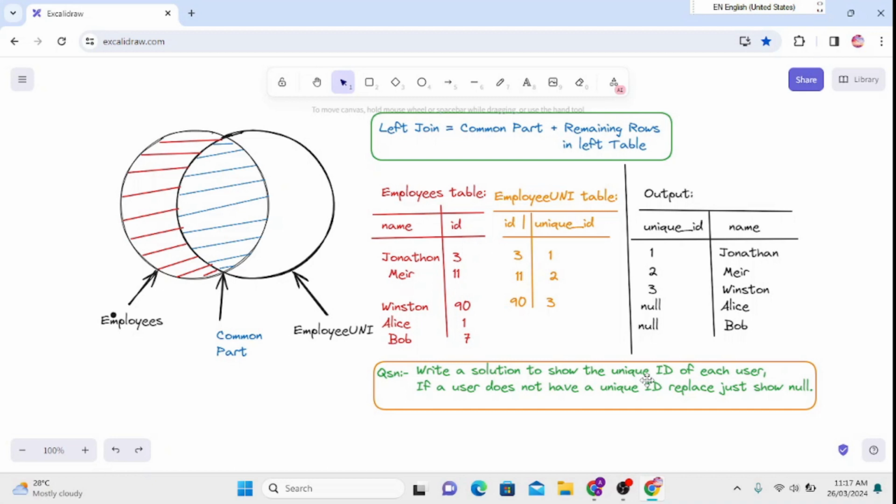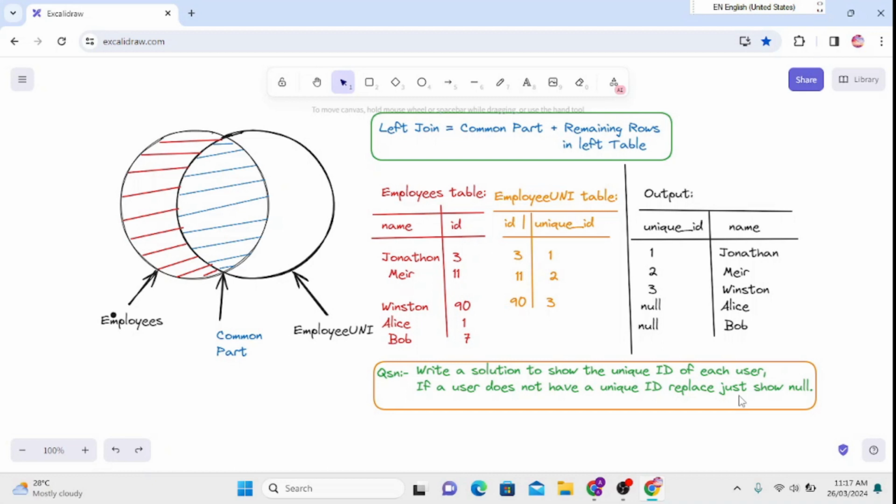So in our output there should be two columns, one is unique ID and their corresponding username. Now if a user does not have a unique ID, just show null. Means name column will be as it is, but in unique ID column some rows will be replaced with null